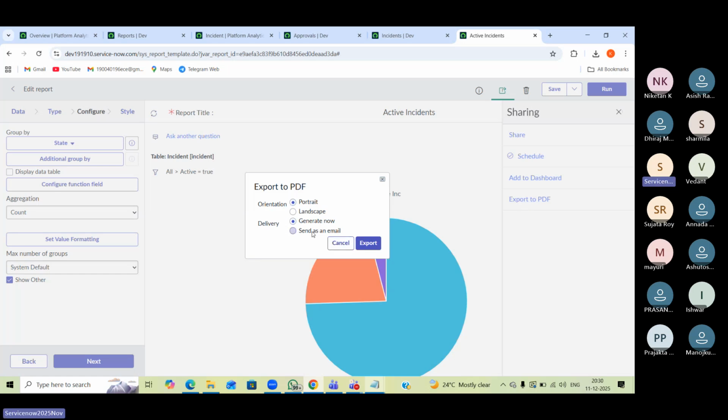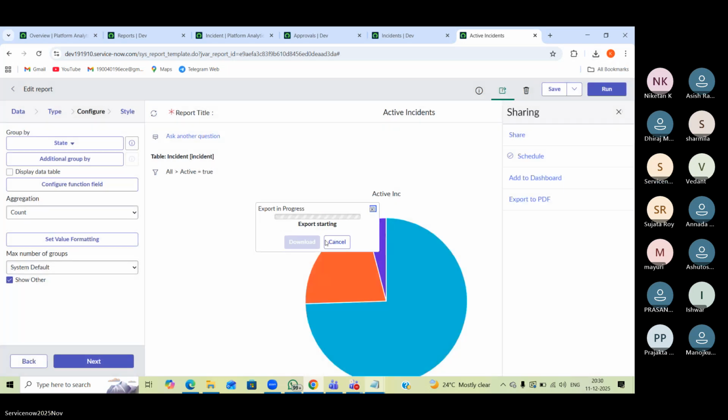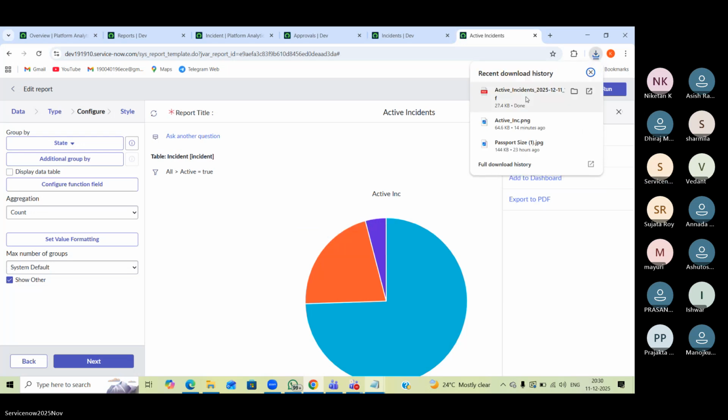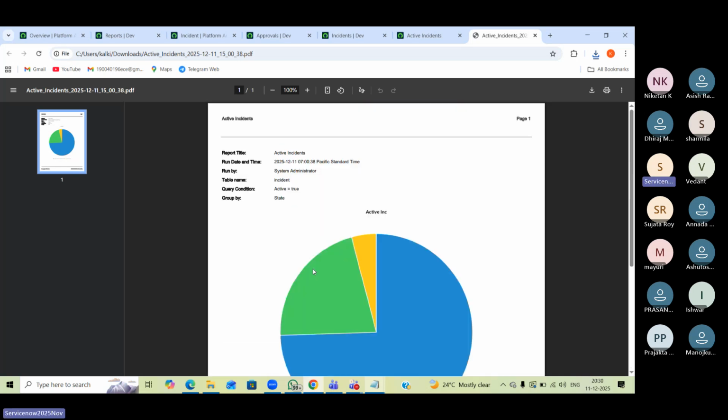If you click on this send as an email, it'll email you. If not, you can click on this and click on export. It will be downloaded here. See, even in the email it will be something like this. Okay,